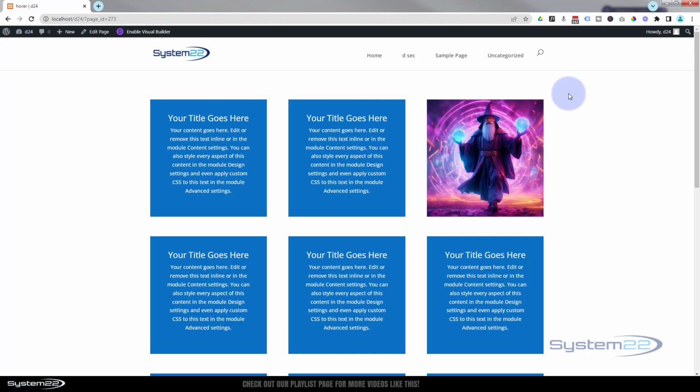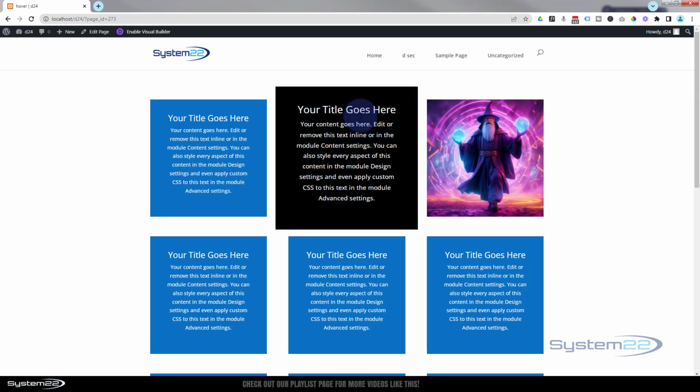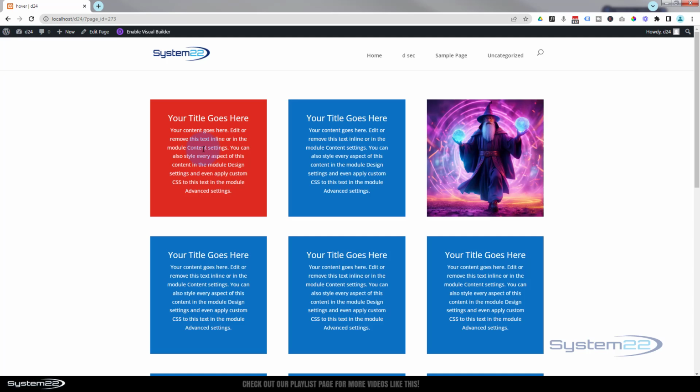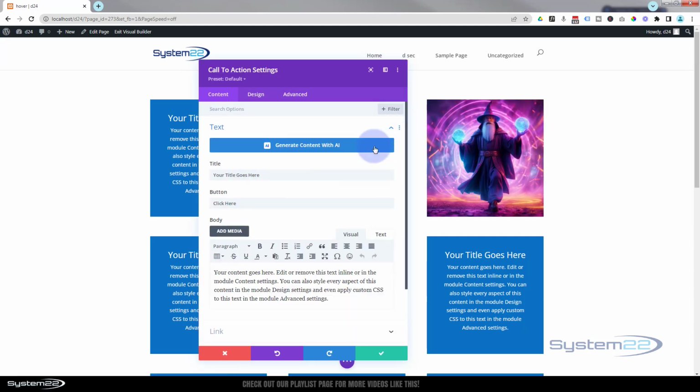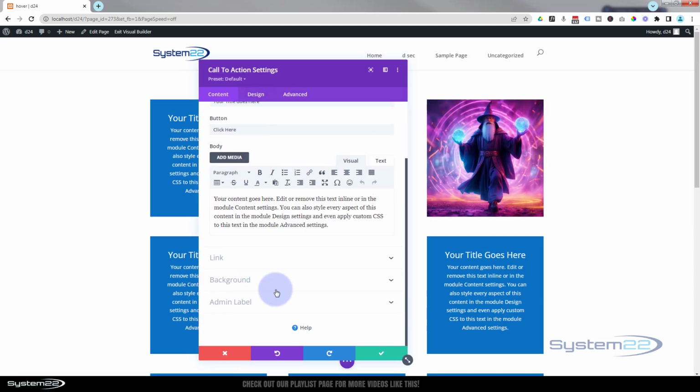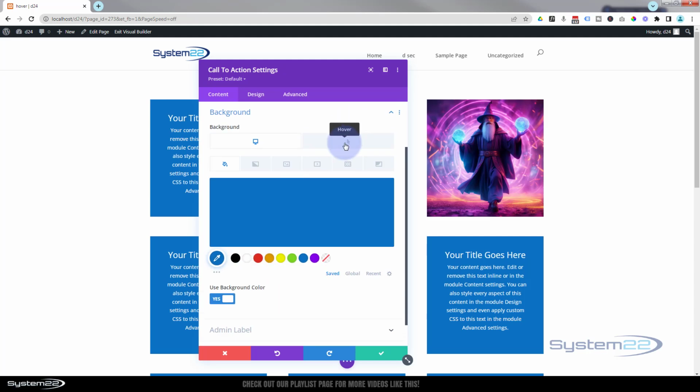So we've got that one. We've now got this one. And we've got a simple color change. And as you can see, no coding involved at all. Now for this one over here on the hover state, let's just go into it. We go down to our background color there under content again. On the hover state,